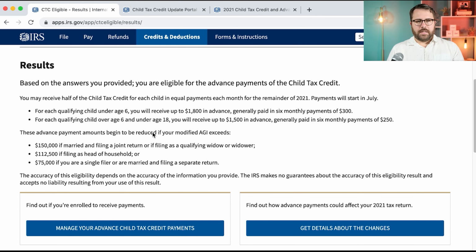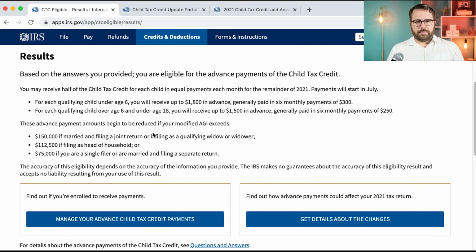Okay, so it says you're eligible for the advance payments of the child tax credit. Great. Okay, payments will start July 15th. We know that. For each qualifying child under age 6, you'll receive up to $1,800 in advance, right? Generally paid in 6 monthly payments of $300. We've known that, right? The full credit for children under the age of 6 is $3,600, right? Half of that being paid in 6 monthly installments up front, the other half being claimed as a credit on